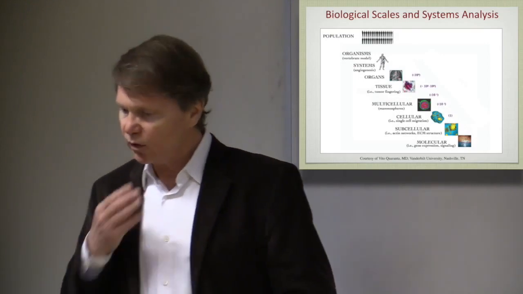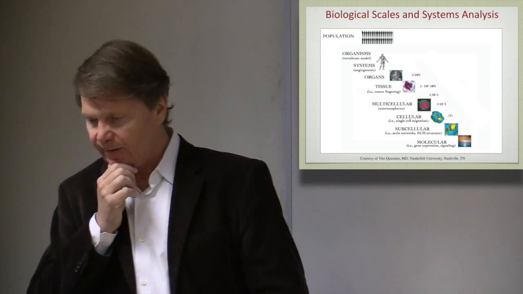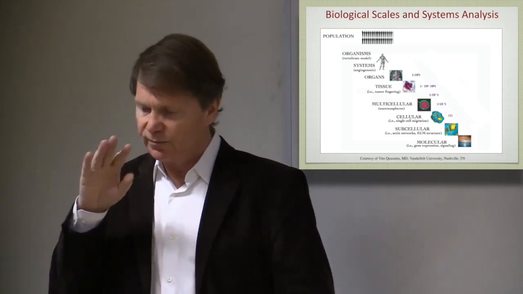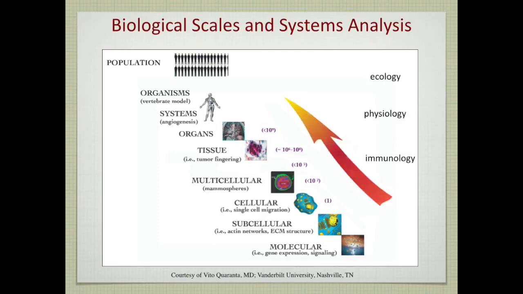Okay, so let's talk a little bit more about systems biology as a field, where it fits into the biological hierarchy, if you will, which is shown here from a molecule to a population. So systems analysis in the life sciences has been practiced for a long time. Nobel Prizes have been awarded in immunology for systems analysis in immunology. There are models in ecology that describe ecosystems. Physiology, ultimately, human physiology is kind of like a system.